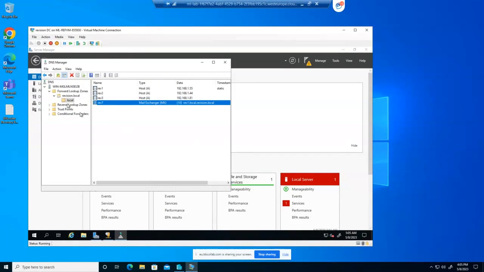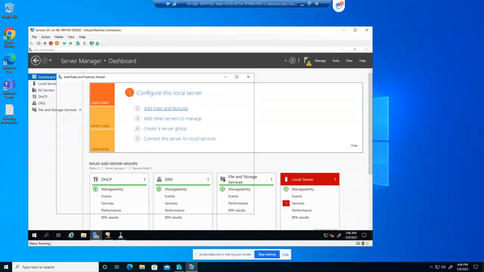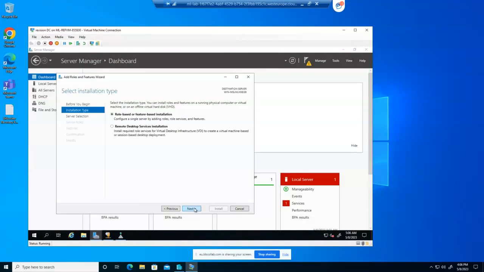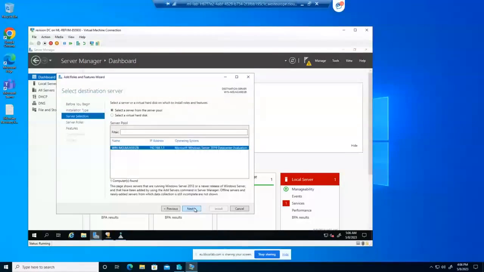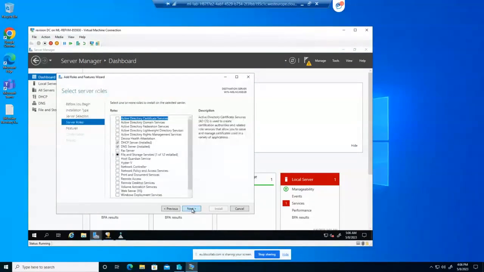You can also create more reverse lookup zone records if you wish. Okay, now let's go to the next step, where you want to add Active Directory. If they ask you to add Active Directory here, what do you do? Again, you come to the dashboard, add roles and features, next, add roles, okay, and then next, and